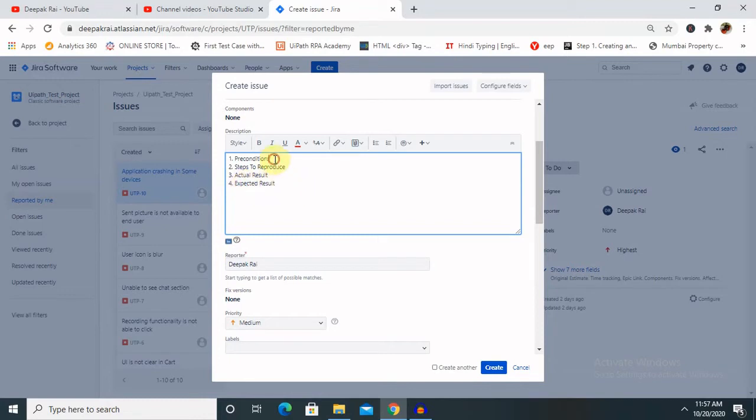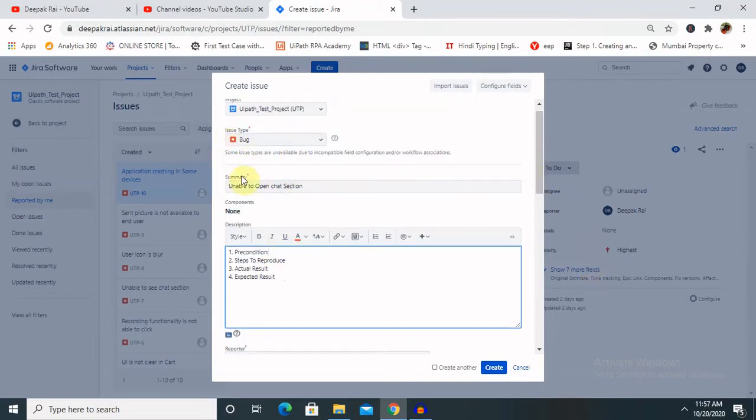Now, in precondition, if we are working on a mobile application, that application should be installed. Or if we have already logged in, then we can also mention the user should be logged in. Now, steps to reproduce, how will you reproduce any defect, like